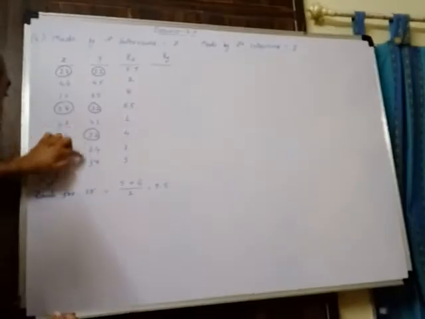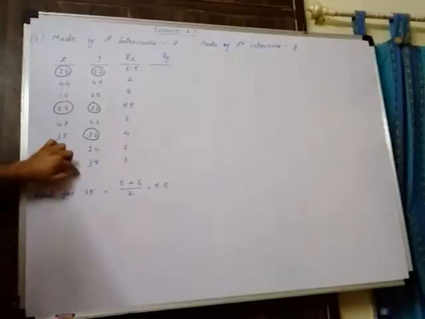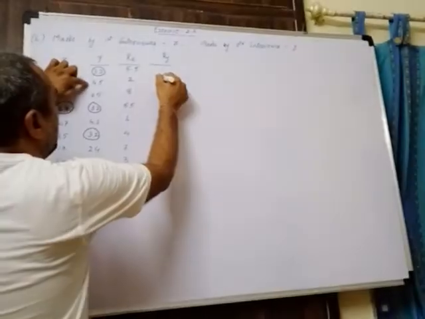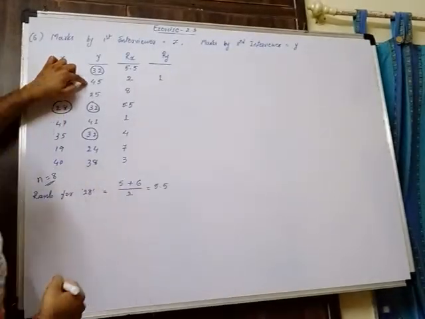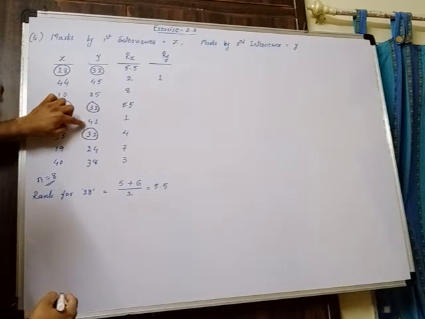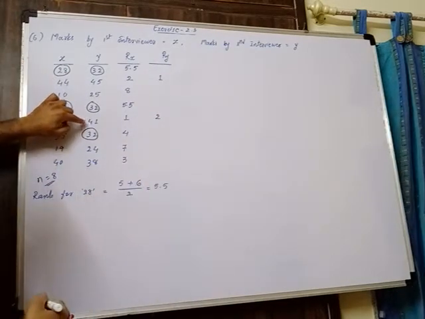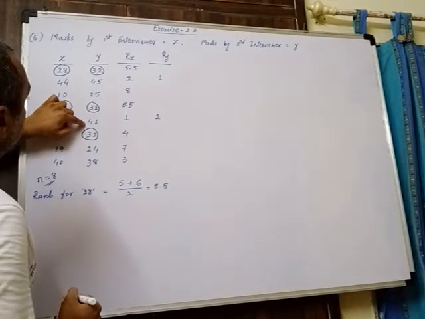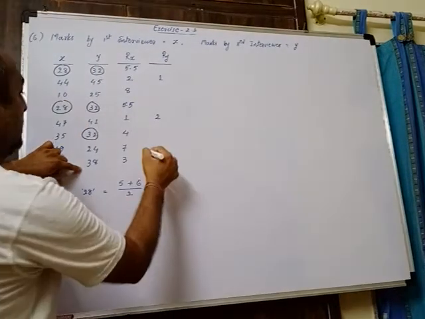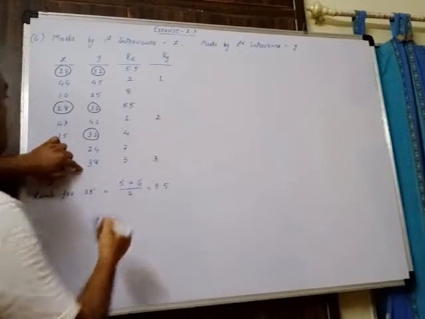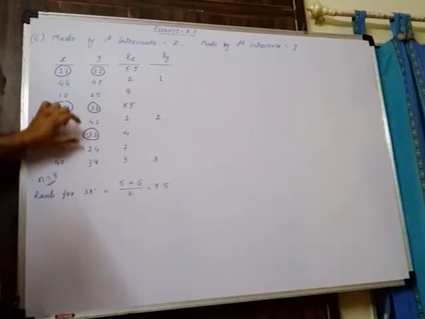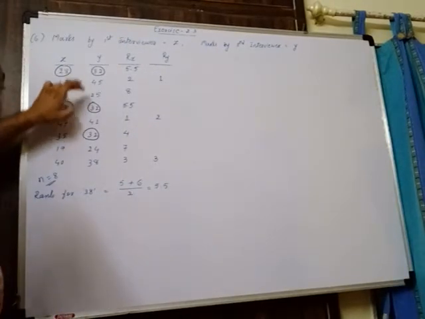Same way now the ranks to the observations of variable Y. So in the Y column now we'll move, and in the Y column the maximum value we have available is 45. That will be assigned first rank. After 45, the next value we have available is 41, will be assigned second rank. After 41, the next value we have available is 38, will be assigned third rank. After 38, the next value we have is 32, 3 times available.